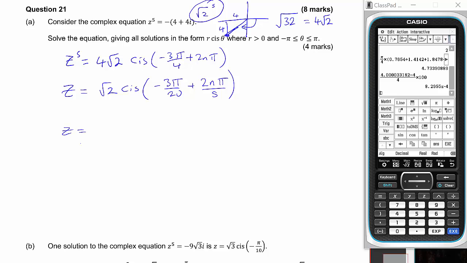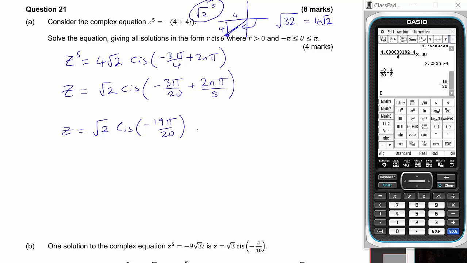So let's start with n equal to -2. So I'd have -3 over 20, take away 4 over 5, -19 pi by 20, so we've got root 2 cis -19 pi by 20, and with n equal to -1,